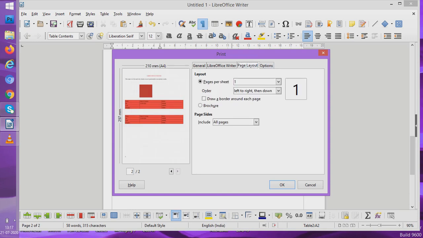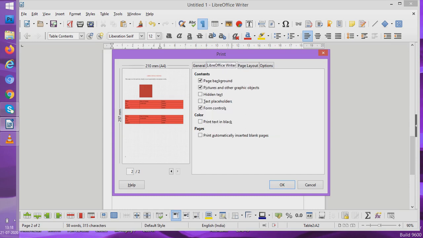Now this is page layout. Pages per sheet. How many pages do you want per sheet? We'll say 1 page per sheet. You can even increase. So 2 pages would come in the same sheet. You can also go for how it should print from left to right and then down or not. So these orders can be used. What should be the style? Are you printing it for a brochure or not? Okay. So which side of the paper to be used? If I say both sides, then if a printer supports both the sides to be printed, both the sides would be used for printing. Okay, so this is how we work for it.